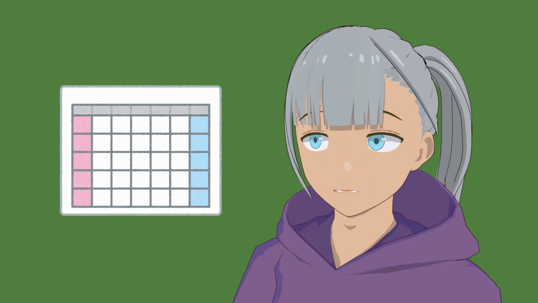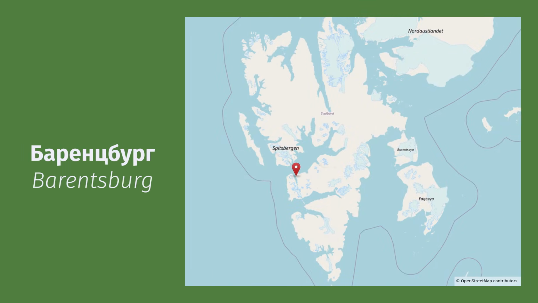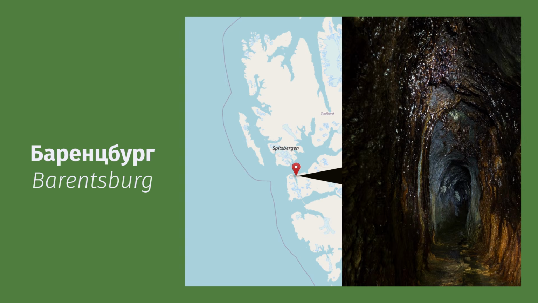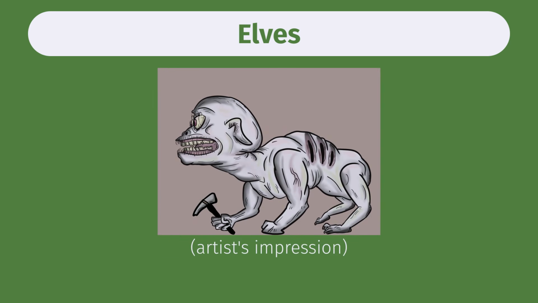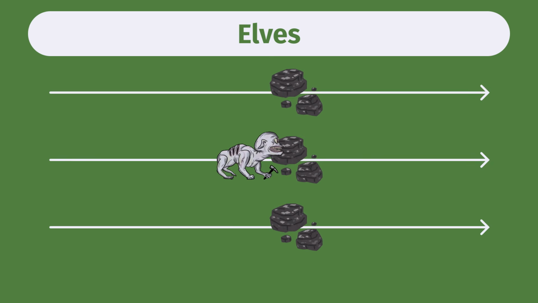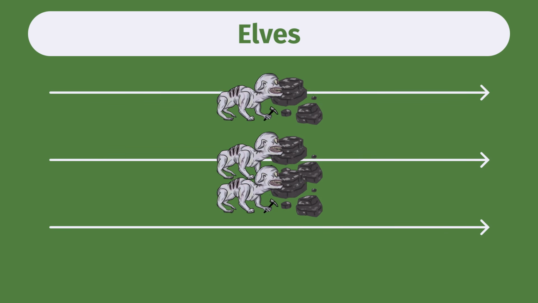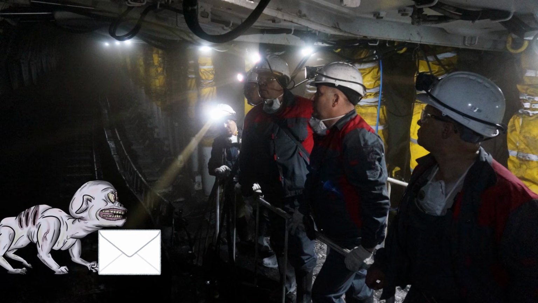A few months ago, miners in the Barentsburg mine, the last coal mine in Svalbard, found a small network of narrow, newly dug tunnels. These were in fact the work of elves, humanoid creatures from some parallel timelines that dedicate their lives to coal mining around the Arctic. They have been known to go to other timelines for coal, but this time they encountered some human miners and